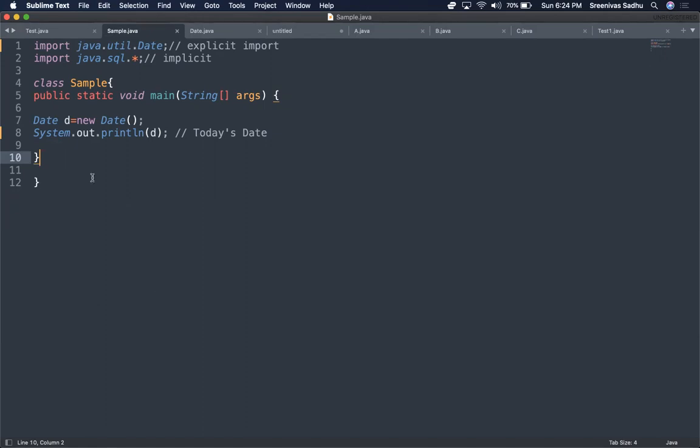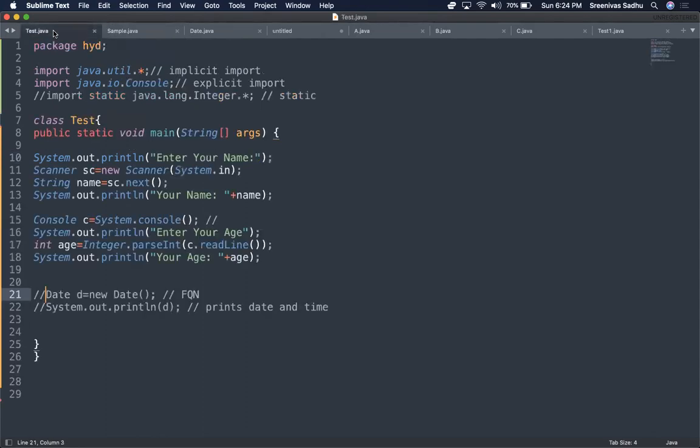Now let's come back to my other class called Test.java. Here in my Test.java, I have so many things written. I'm in a package called HYD, which I created, and that package has several classes defined. But here, what we have to understand is implicit, explicit, and static imports.